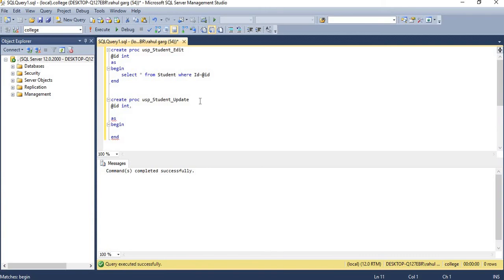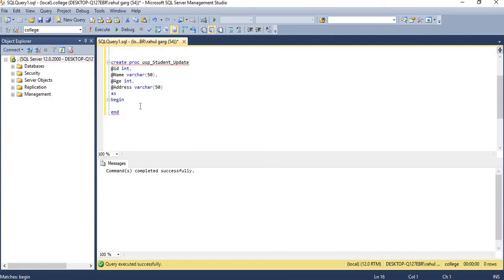We will also need rest of the column names, like @name varchar 50, @age int, @address varchar 50.